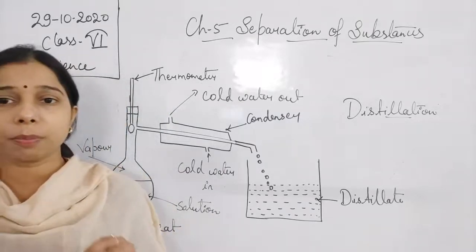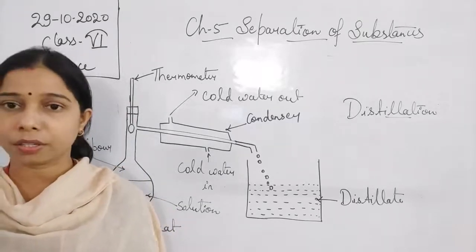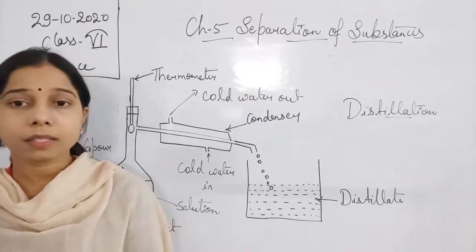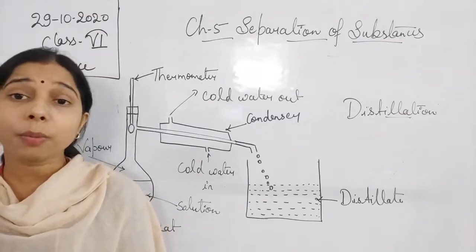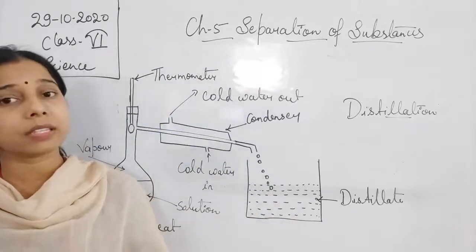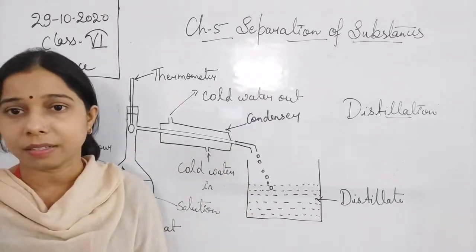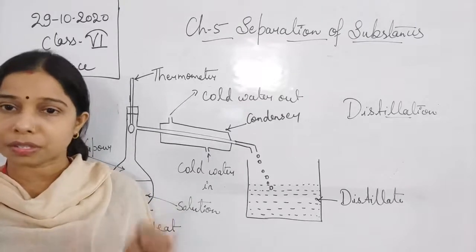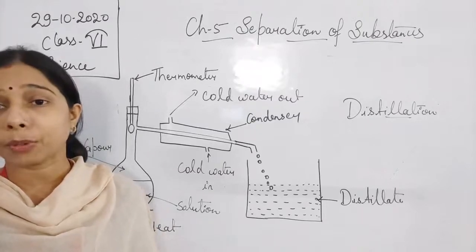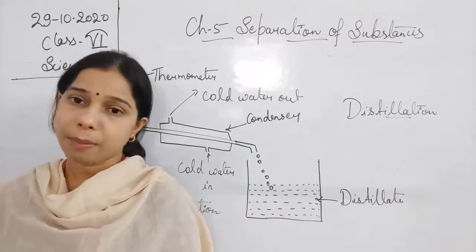Students, suppose we have taken sugar and water together and we want to separate them from each other. You know that sugar easily gets dissolved in water. It is soluble in water. So when you provide heat, the water present in it will start evaporating and get converted into water vapor, and finally it vaporizes, leaving behind the sugar crystals, because you know that solid particles do not vaporize by heating. So the water gets easily evaporated into water vapor.